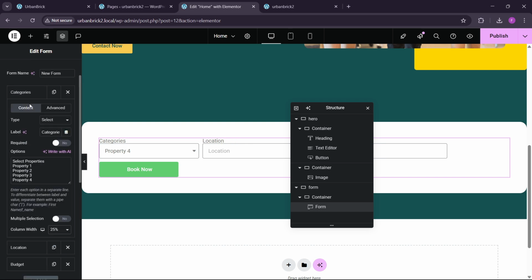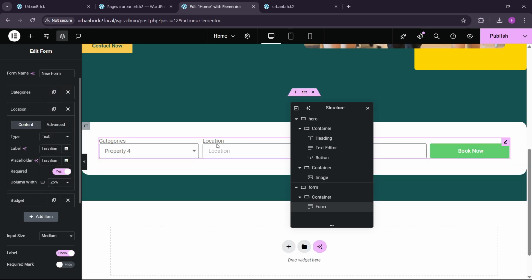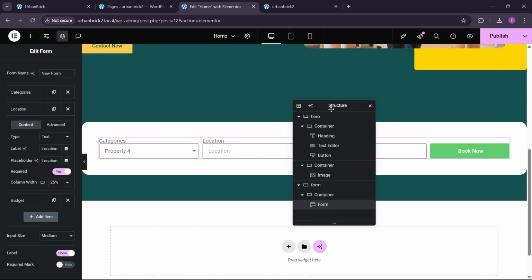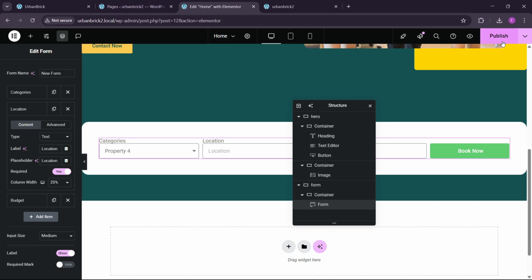25, and here in the location also we have to make this 25%. So right now you can see that we have this right like this. Okay, perfect. So we have this. So now we have to style this. So let's publish this here,